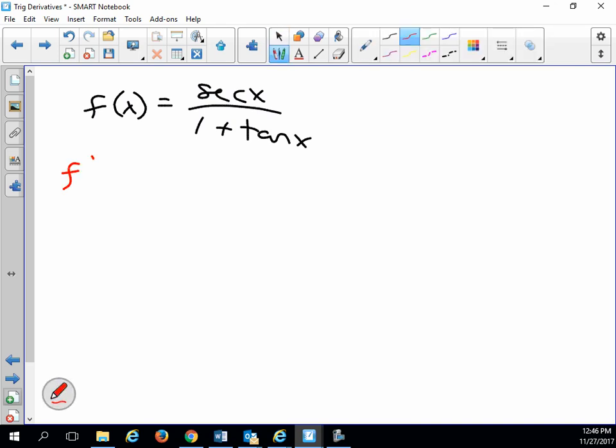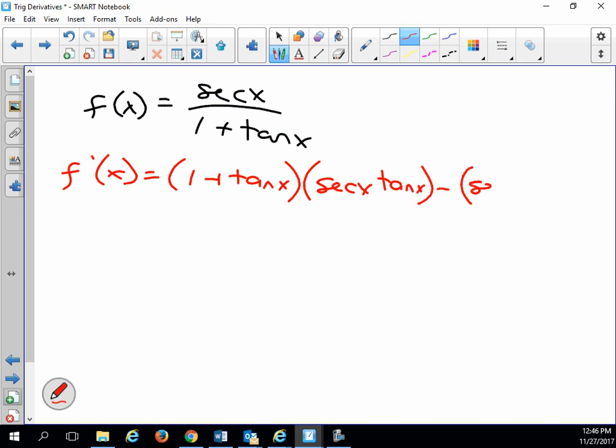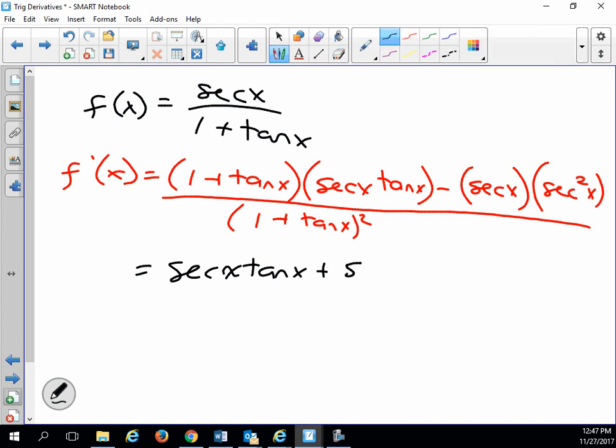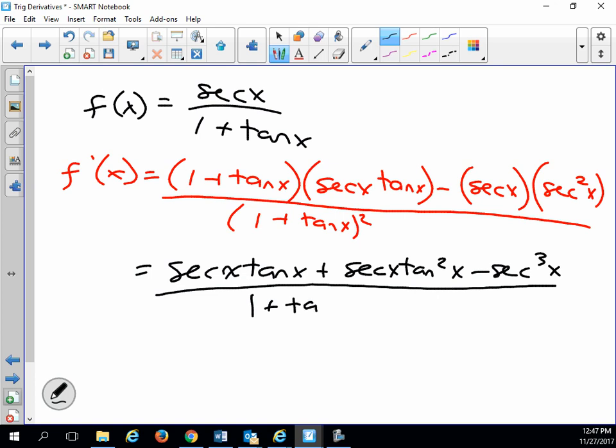Again, quotient rule. Low d high: get rid of secant x, and secant x tangent x, minus high d low: tangent x and secant squared x, over 1 plus tangent x squared. That gives you secant x tangent x plus secant x tangent squared x minus secant cubed x all over 1 plus tangent x